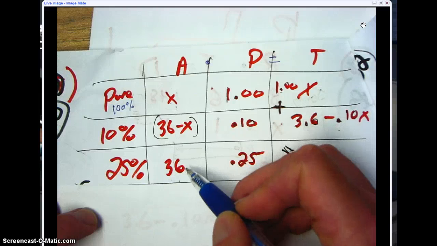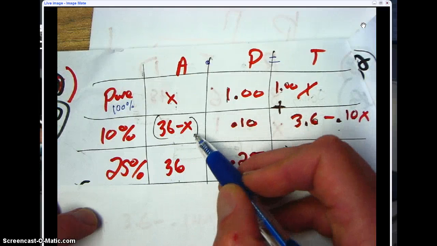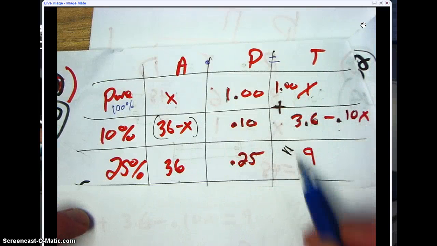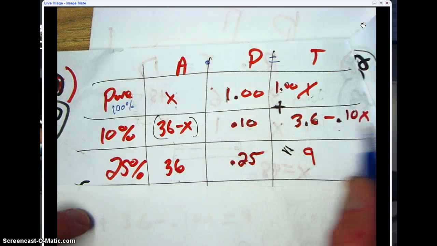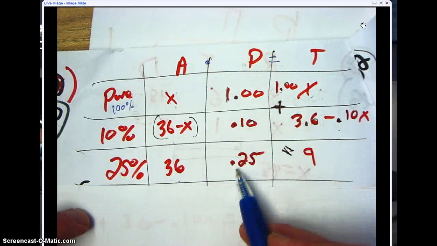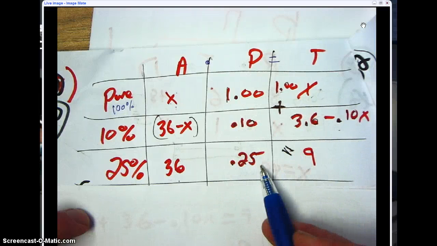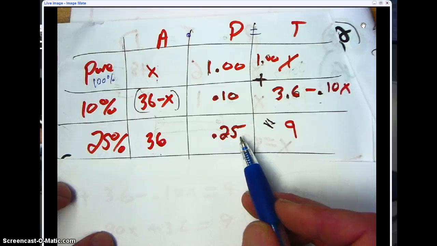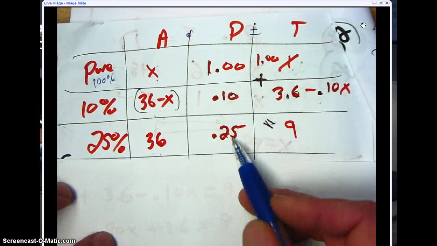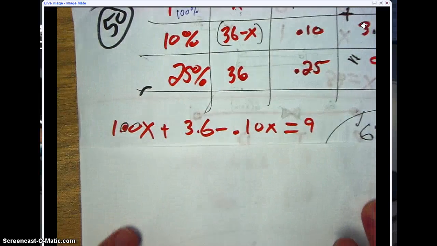So when I give you the total amount, one of them is going to be X, the other is going to be the total minus X. And then again, this column just comes from multiplying across here, and I distribute this to get this, okay? Now you could have decimal busted right away here and made that 100 and that 10 and that 25. Just know that then you're converting percents into percents rather than just decimals, okay? So then you have your equation here, and